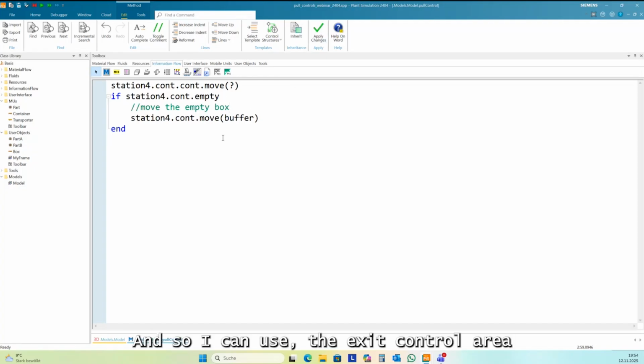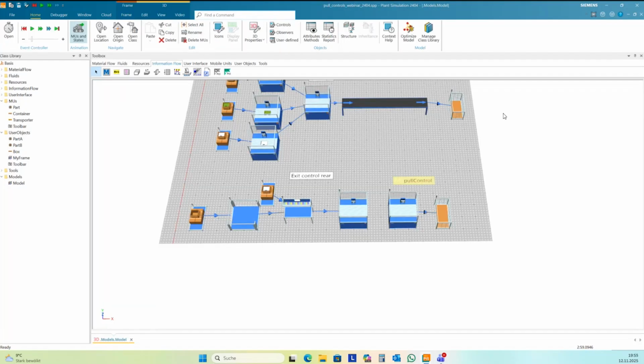And so you can use the exit control area in a very simple way to create pull controls at the right point in time. The station is empty, and let's check this.